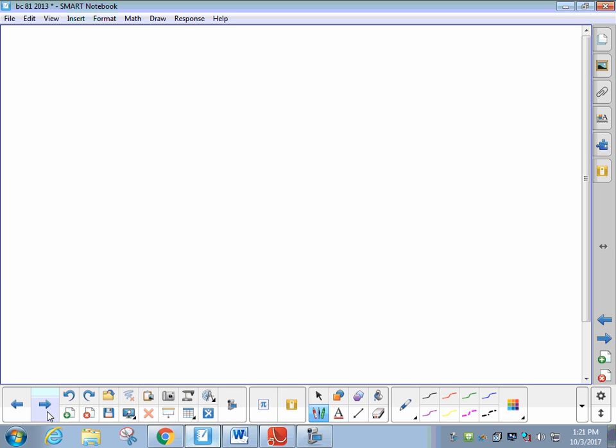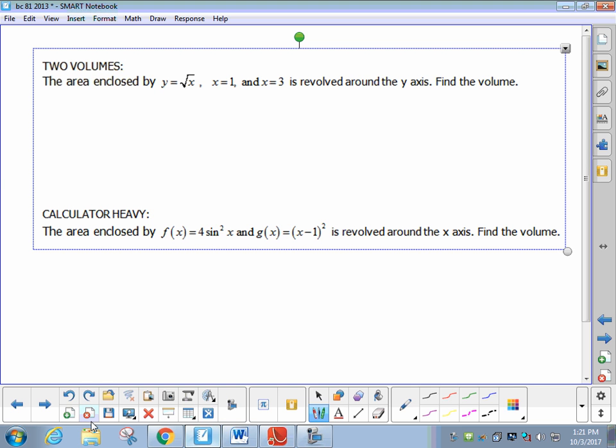Okay, let's go on to two little wrinkles or complications that are not too bad, and we will be done. Sometimes when you do areas, you get two areas. Sometimes when you revolve two areas, you'll get two volumes, and you'll have to do two integrals. So consider the graph here. Y equals the square root of x